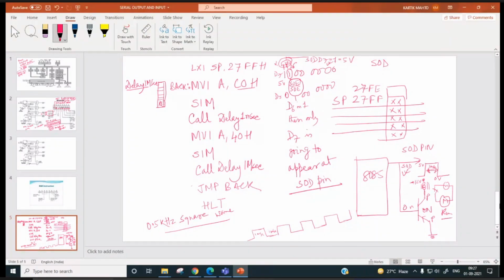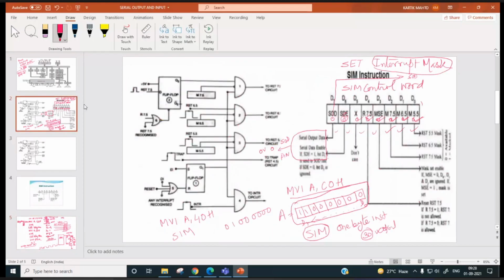Right. Now suppose this SOD pin we are making 0. We are not interested in outputting something at the SOD pin, but we are interested in setting the interrupt mask over here. By default, you have to copy accumulator content using the SIM instruction over here in order to set the interrupt mask.